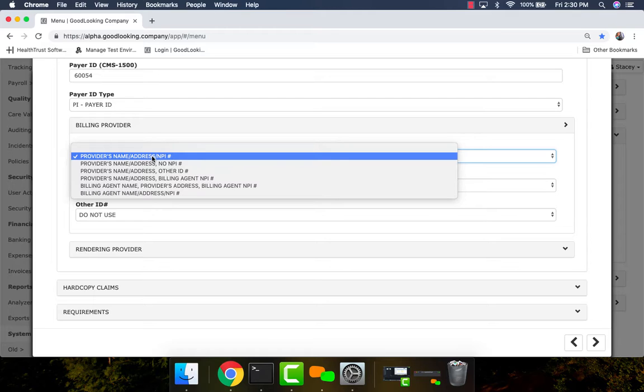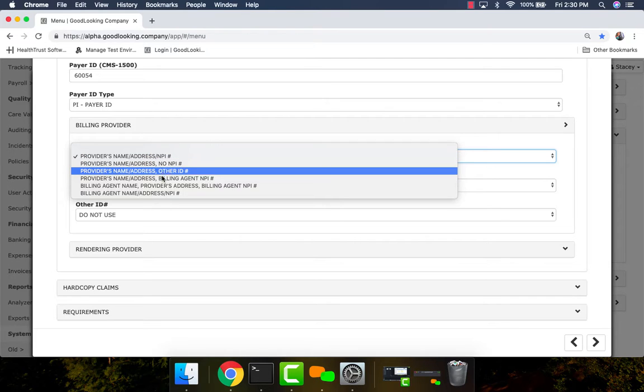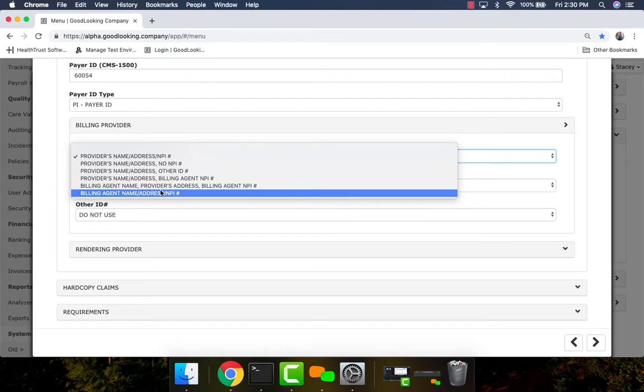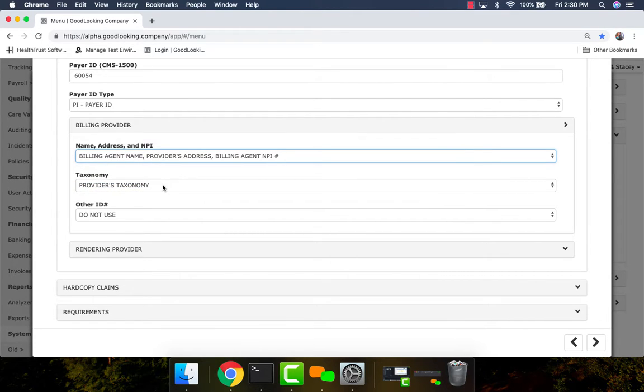Answering the question earlier from this morning about the ABA or the behavioral health or therapy situations where you want to bill under using the therapist information rather than the actual agency's information. This is where that's controlled. By default, we're going to use the office information for a home health agency. We would assume you're going to bill underneath your office NPI number. But you do have the capability of saying that you want to use the billing agent information with their NPI number and address. So you have quite a few options available to you there,